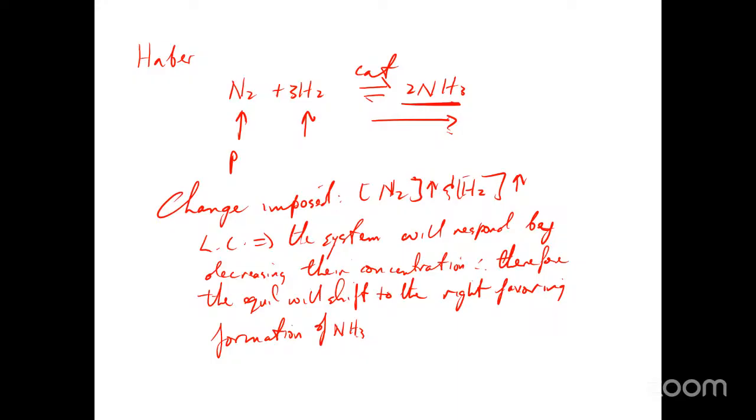All right. Now, there's one more thing you can do, and this is all related to changes in concentration. There's one additional thing you can do to favor the formation of ammonia. And I want you to tell me what that is, which is not involving changing the concentration of nitrogen and hydrogen. What can you do in addition to what I just discussed? What else can you do in order to favor the formation of ammonia? Again, this is based on Le Chatelier's principle.